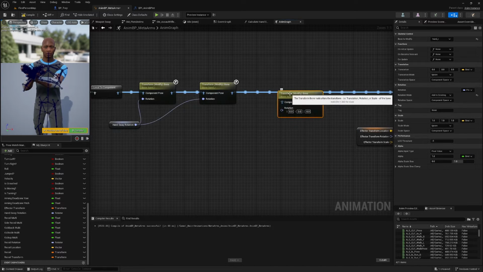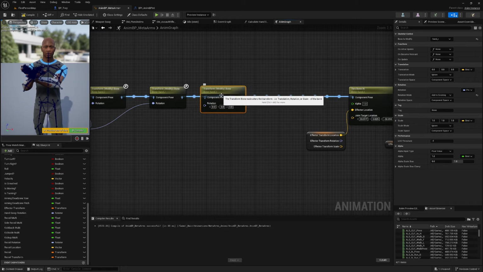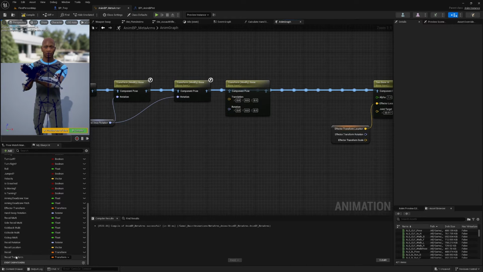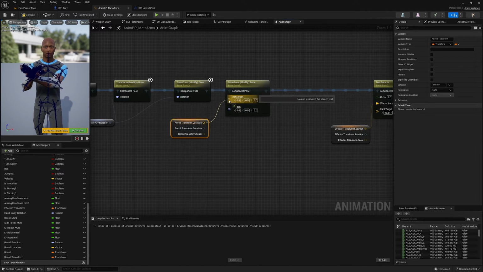So we can duplicate this one that already has the right hand selected, but we do want translation exposed, so we can expose translation as a pin, and we can change translation mode to add to existing. Okay, and then we can just grab the recoil transform and split it and plug the location into translation and